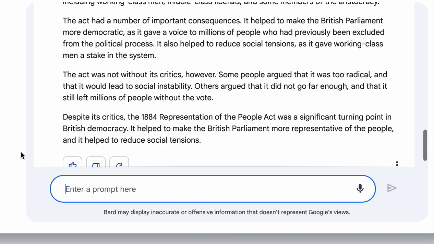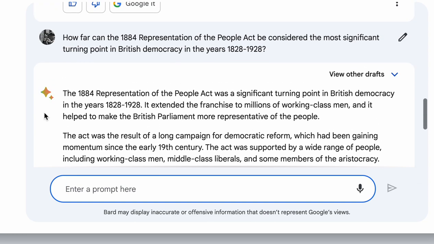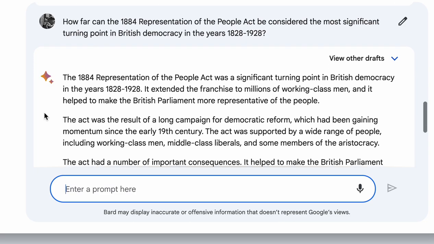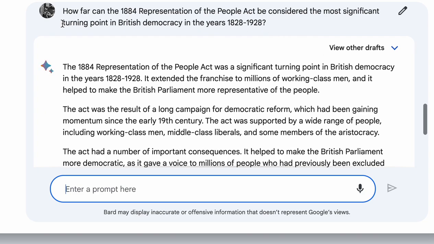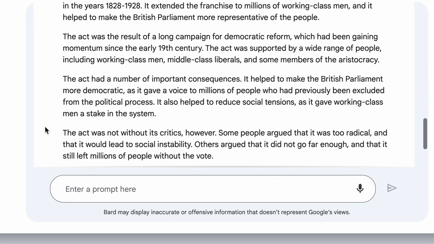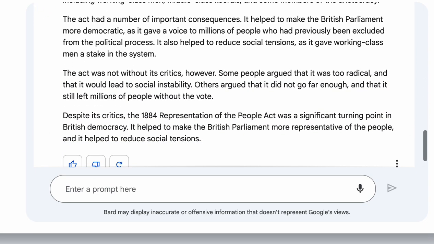Right, so it's only talked about 1884, which is interesting. If we compare that to ChatGPT's response, which didn't really talk about 1884 in any detail and talked about other significant turning points, whereas this is giving more detail on 1884. Obviously, in terms of an essay, you'd be expecting students to talk about a number of turning points and compare them back to 1884. We'd be looking to define what we mean by turning point: perhaps unprecedented, widespread, long term, those kinds of things. So we get some good detail about 1884, but it's not really giving us that broader answer that we need.